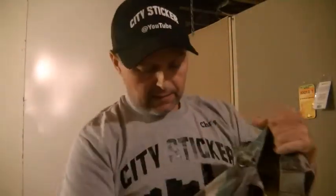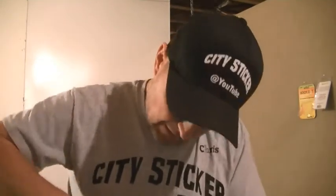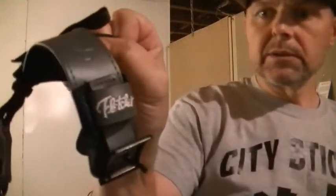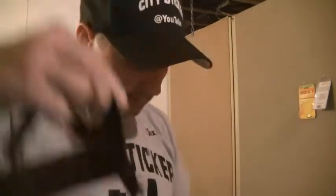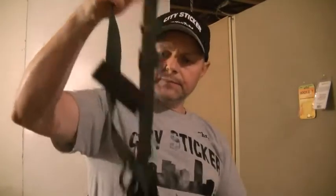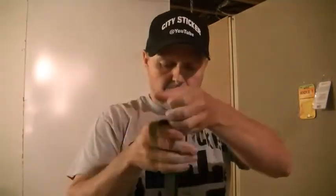Okay, now we get into the pack, and let's see what I got in the pockets. Anything over here? What do I got in here? I got a spare flashlight with good batteries in it. My release, just a plain Jane release, Fletcher caliper. Third hand. I bought third hand. I don't know what you call this, but